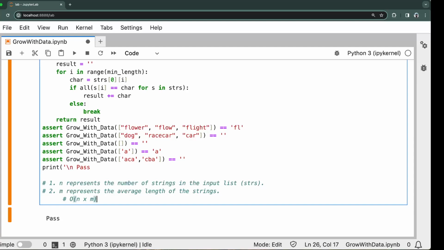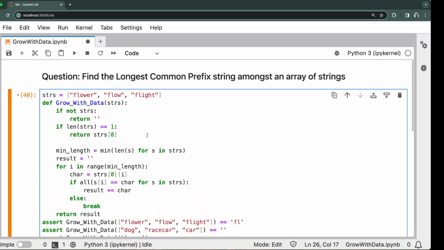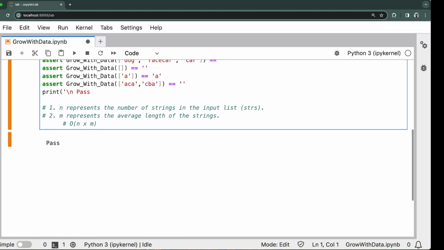Okay, now we can try with another approach. So we iterate and compare with the shortest string. We just take this and we move on to our